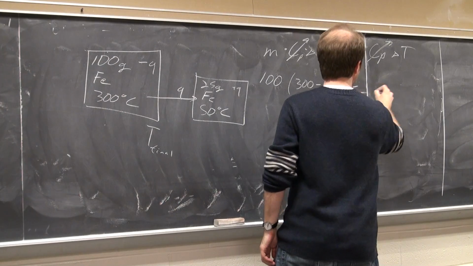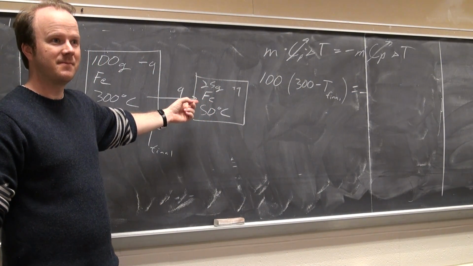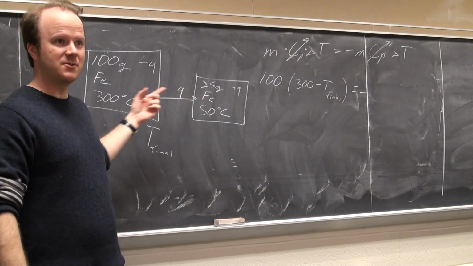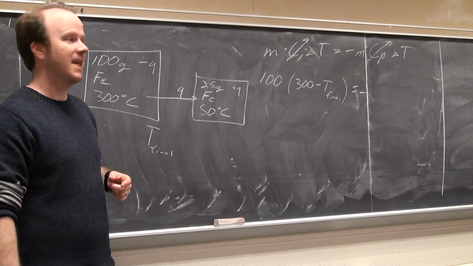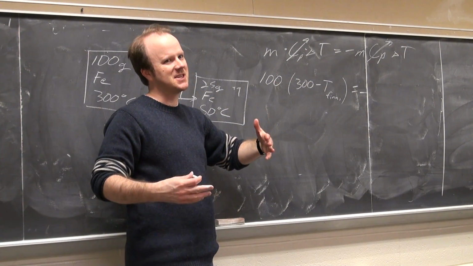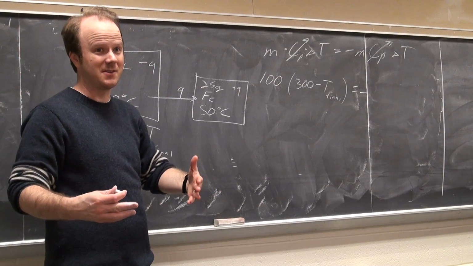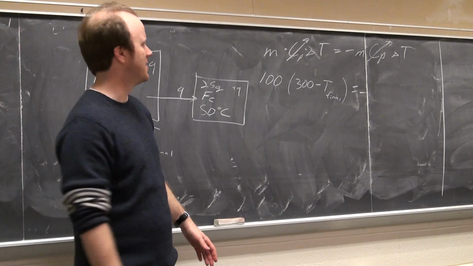And the heat's going to go into this block right here, right? Because all these things are going to do is exchange heat. Does the temperature have to be in Kelvin? It can, well, yeah, we'll put it in K in a second. It doesn't matter for these delta T, unless you go negative, right? Because if you have a negative temperature, you're going to get goofed up if you use Celsius. So let's do,